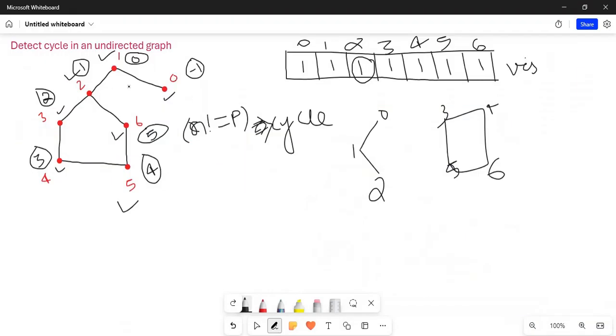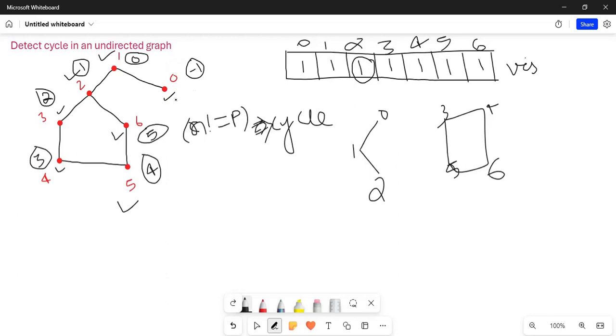If your child has no cycle, that means you have already called for all its neighbors, and also you are unable to give an answer yourself.